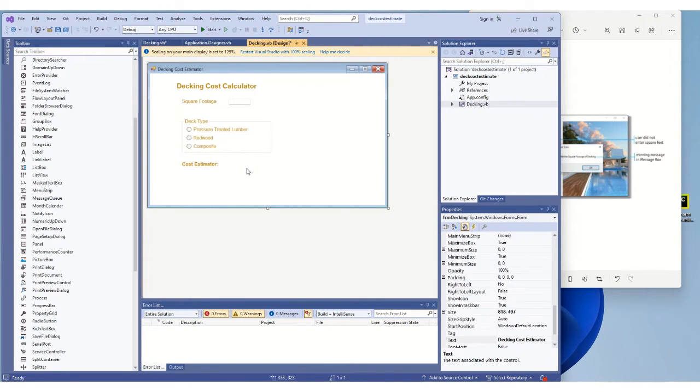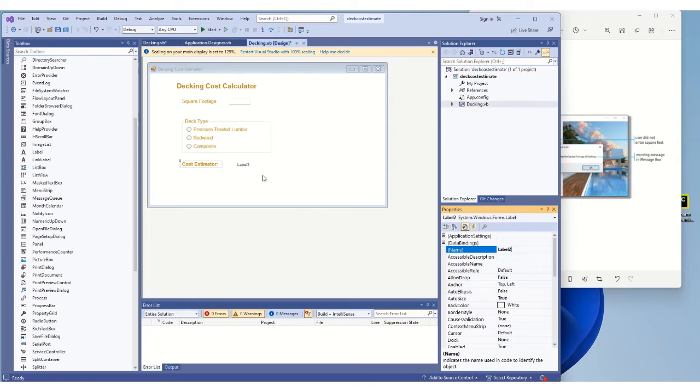And then what we should do is create a label which will be blank to begin with, because that will be your estimated cost. So the cost estimator label should be, you can leave it as label 2 because there is no programming use for this label, and we can put it like label 3 and call it